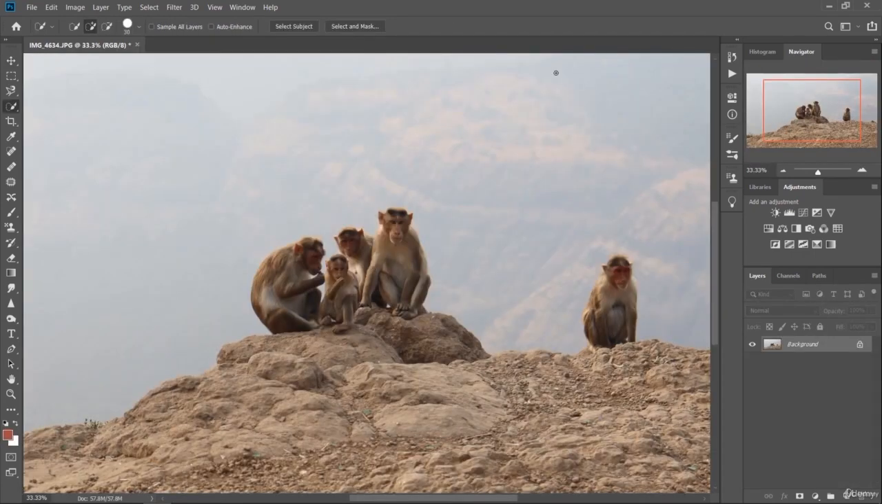Hi, welcome back friends. Here in this lesson you're going to learn about creating a thermal camera effect in a photo. So let's start. Here we got a photo with a few monkeys sitting on the mountain cliff, and you can